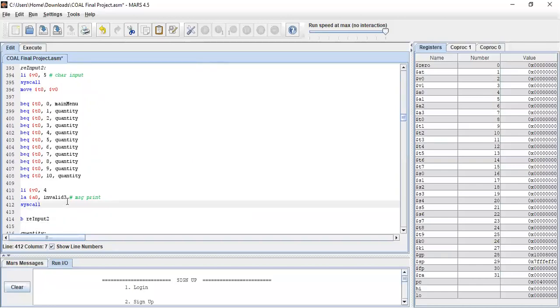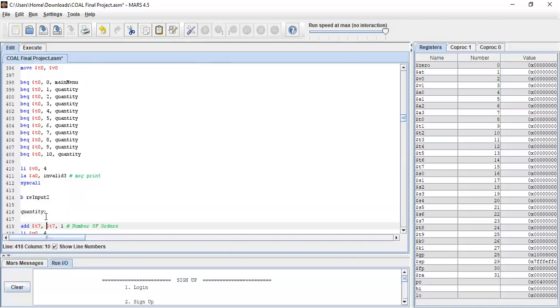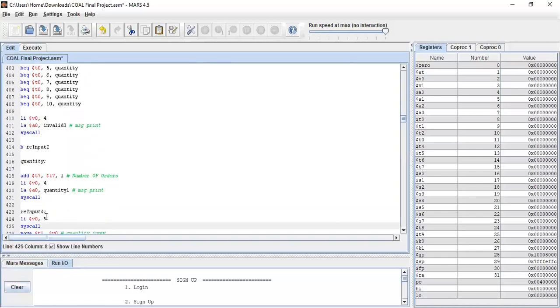If we have entered invalid, then we have to jump back and the branch will move us to re-input the quantity. The quantity we have stored in the variable $t7, and if we have number of orders more than one, then it will increment by 1, again it will add $t7 into it.